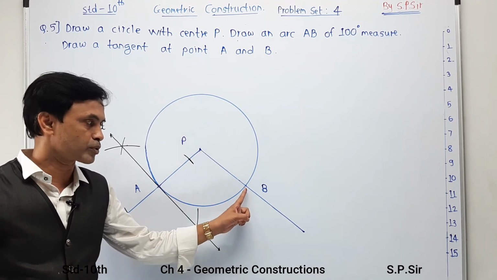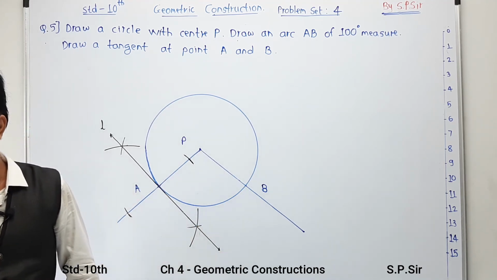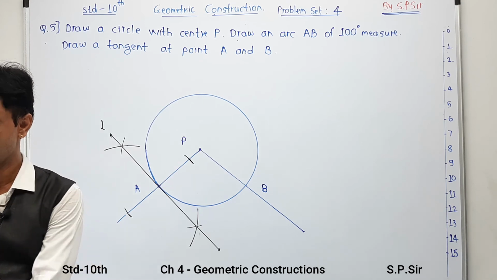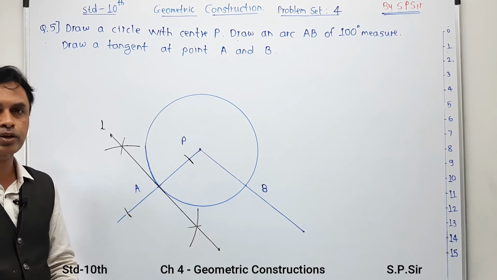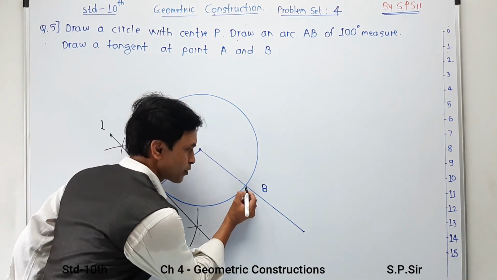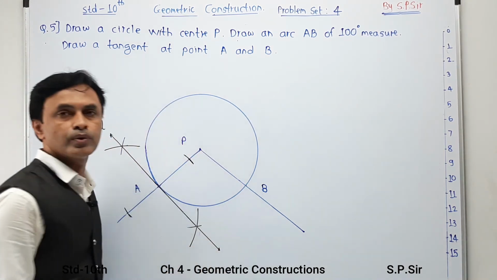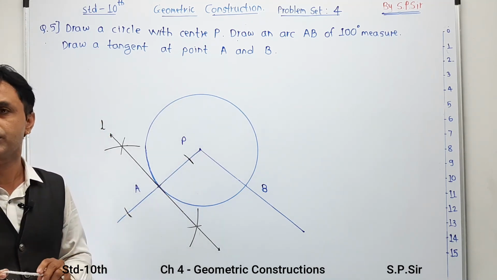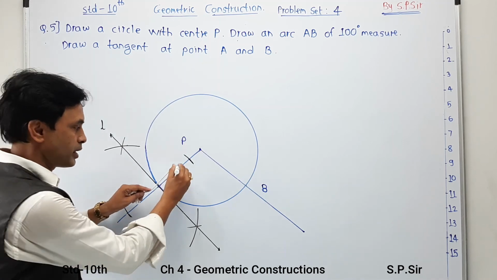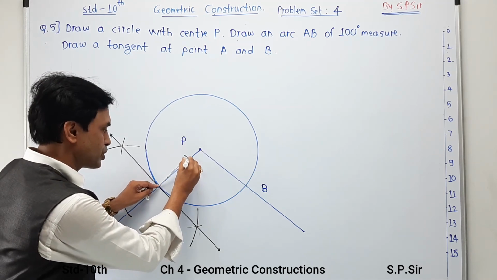Now I am going to start the same procedure for point B. As you have taken a circle with radius 3 centimeter, in the next part again you have to make two marks over here, originating from point B. Generally you can keep the same distance, or if you want to change it slightly, no problem. Just for geometric symmetry, I am going to keep the same distance over here.